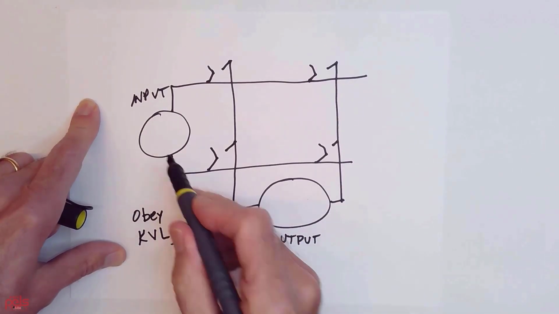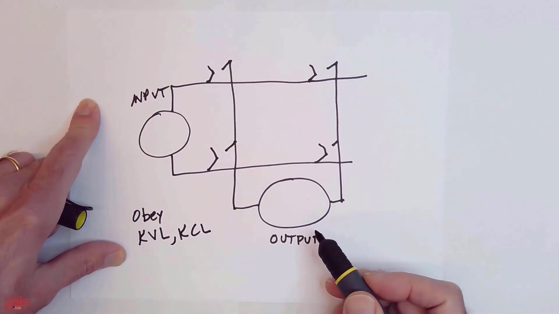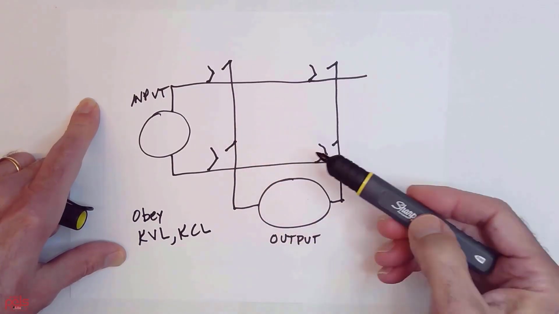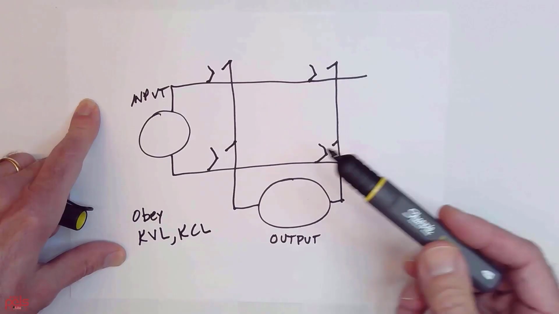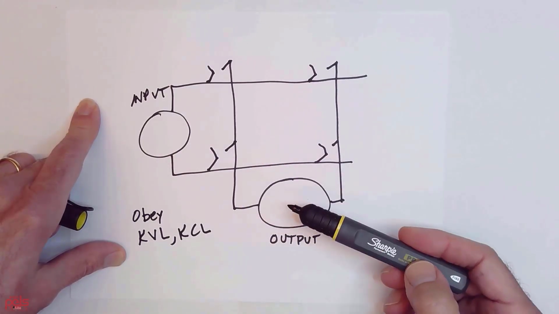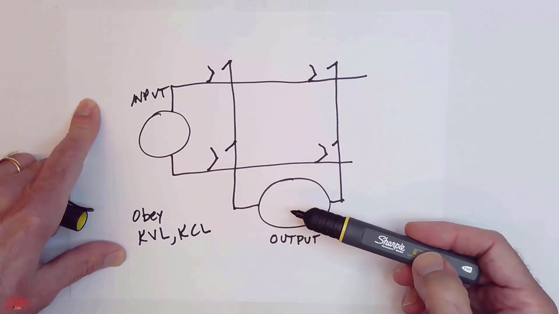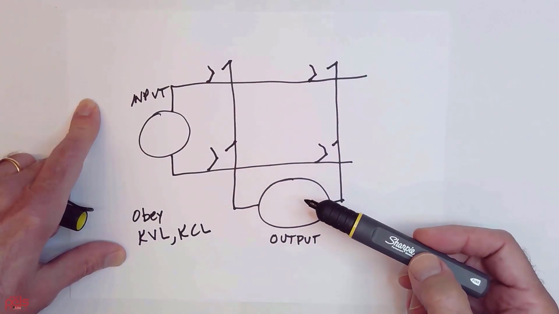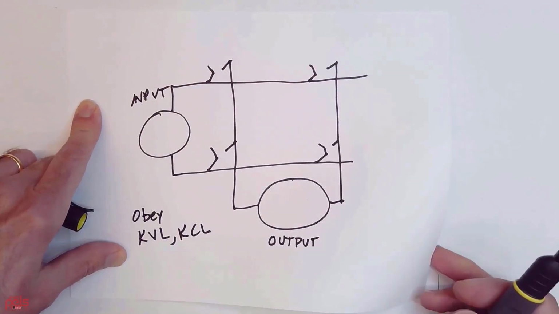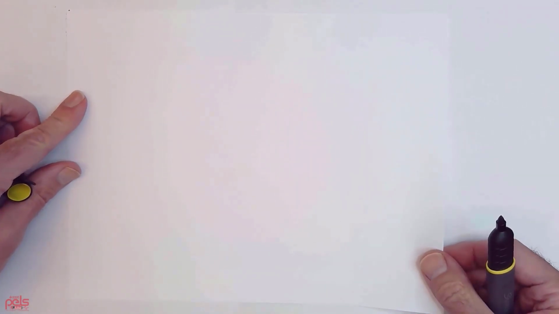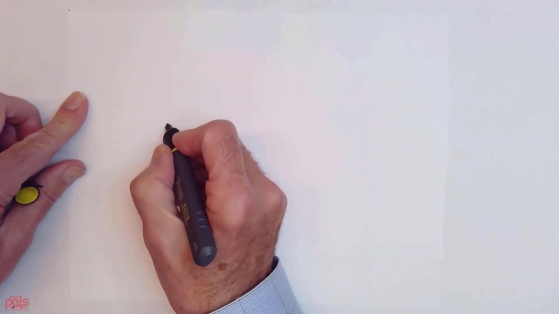So I couldn't have both of these be voltage sources because that would mean that I'm interconnecting unlike voltages, which gives me KVL problems. I can't have them be different current sources because that'll give me KCL problems of interconnecting different current sources. So in general, one of them is going to be a voltage, one of them is going to be a current. And that then leads immediately to the conventional, most basic version of the circuit,